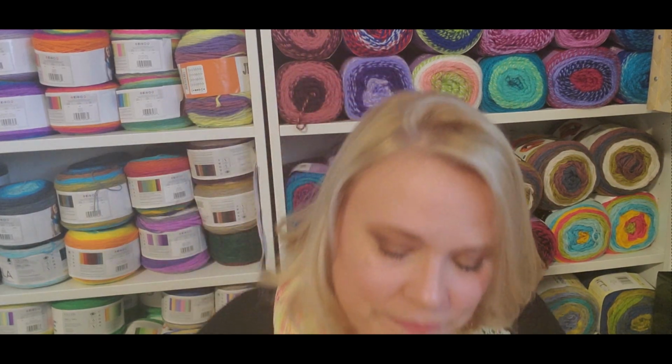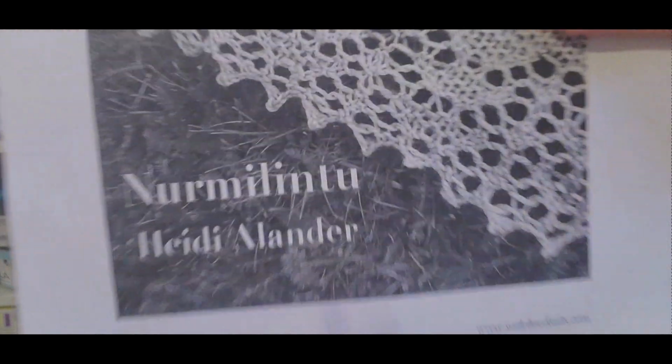Anywho, I got a lot of finished objects this week. If you watched last week's show and tell, you will already be recognizing this. So I'm calling this my Debbie Christmas shawl. The pattern for this shawl,